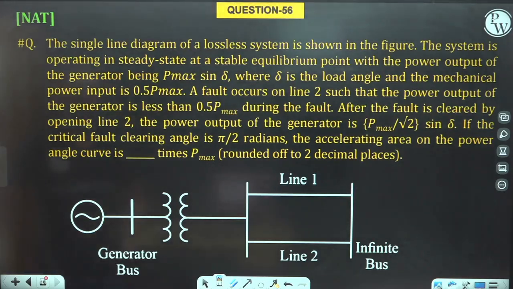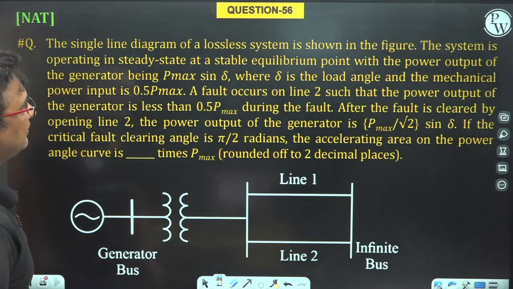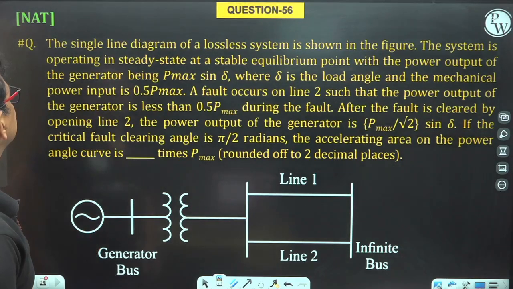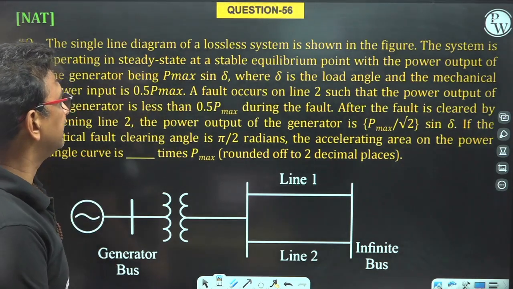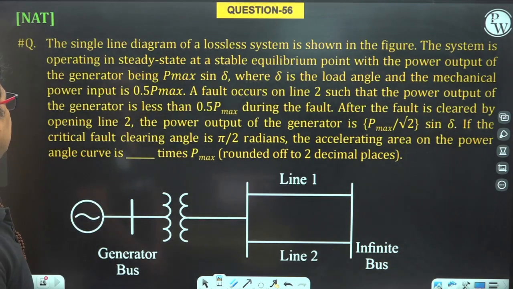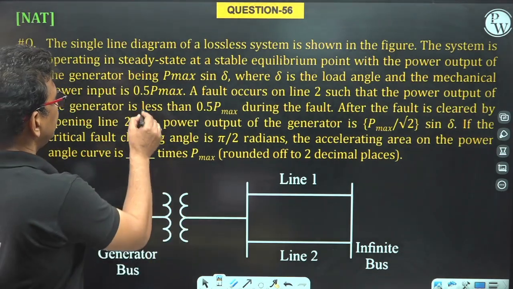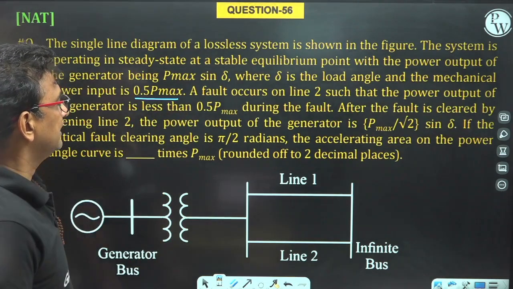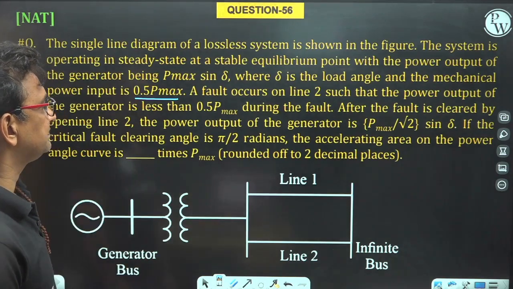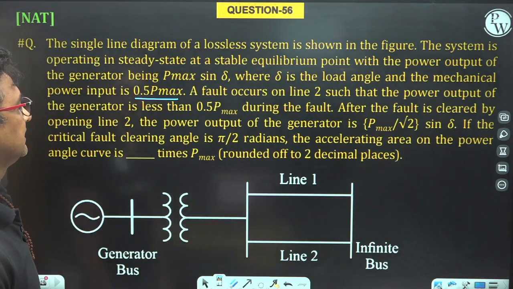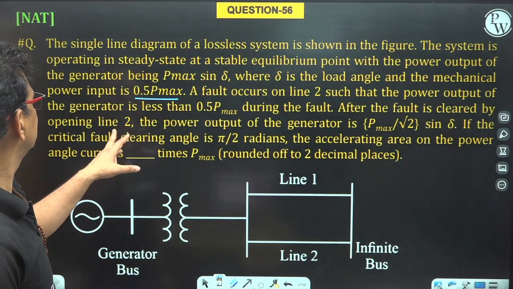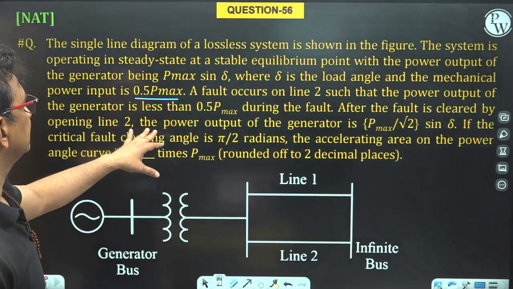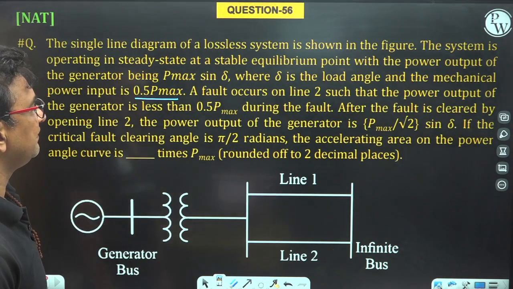See, in this question, a single line diagram of a lossless system is given. The system is operating in the steady state at the stable equilibrium point with the power output as Pmax sine delta, where delta is the load angle, and the mechanical power input is 0.5 Pmax. If a fault occurs in line number 2,